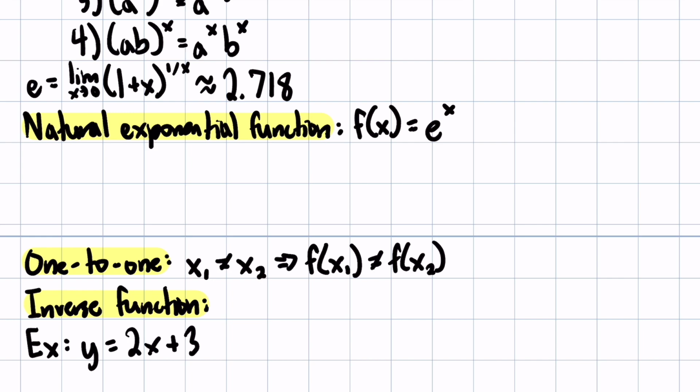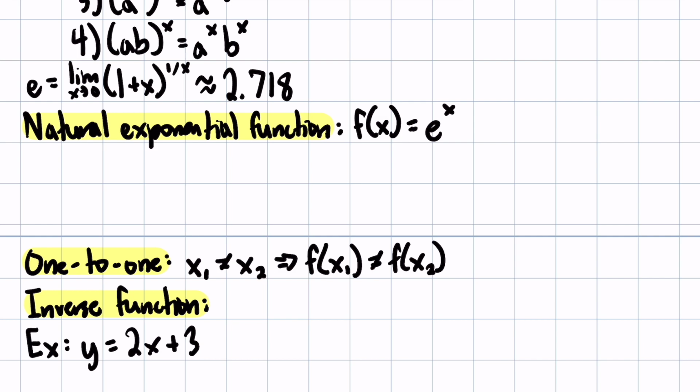So what this means is that if you have two different numbers in the domain of the function, they will never map to the same output. Okay, so an inverse function, so basically a function is invertible if and only if it is one-to-one. And so if a function is one-to-one,